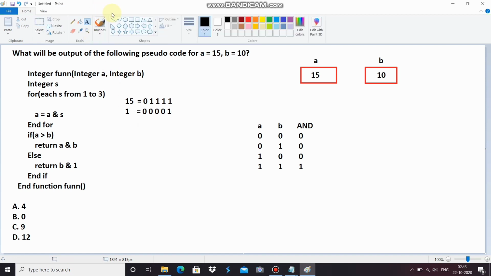Now we have to evaluate according to the AND operator condition. If both inputs are high, then it will give a high result, otherwise it will not give a high result.